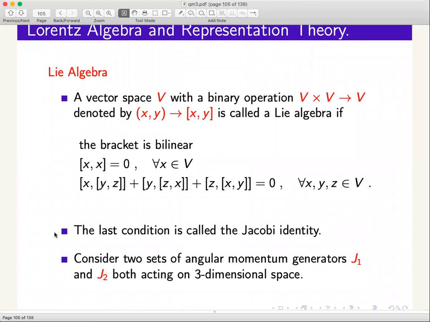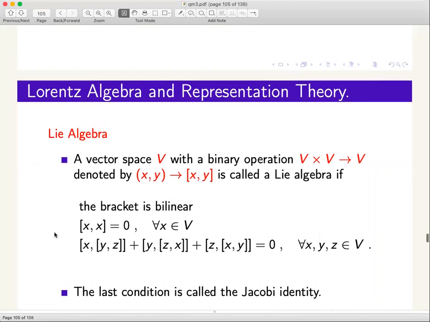In fact, you can prove it. It need not be, right? Generally, if we take two vectors in R3, the fact that the bracket is bilinear and xx is zero does not give you a Lie algebra. Take the cross product. So take two vectors A and B. You can define A cross B, which is bilinear, and A cross A is 0. But that will not give you a Lie algebra.